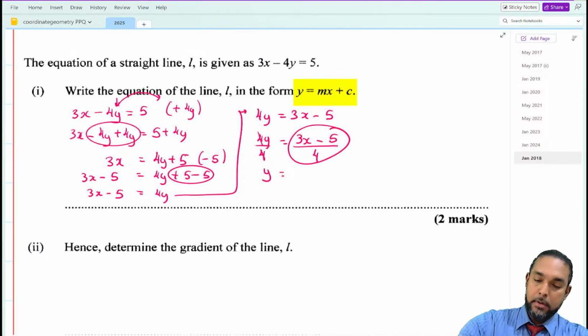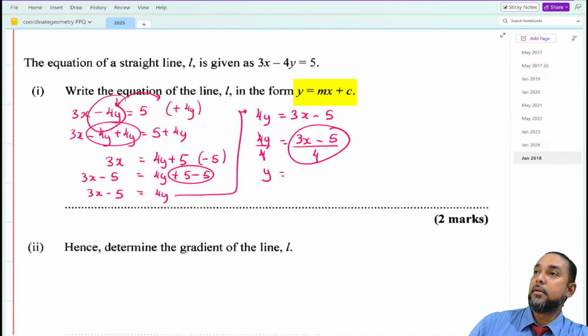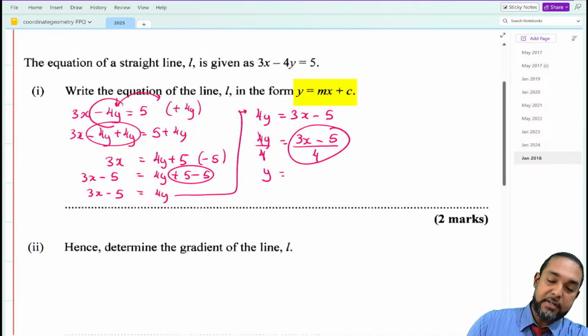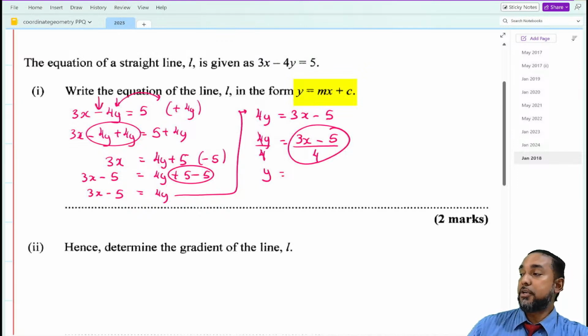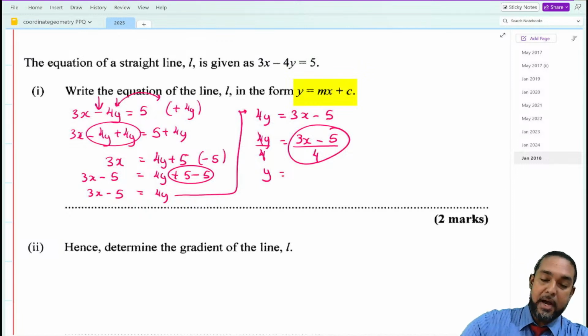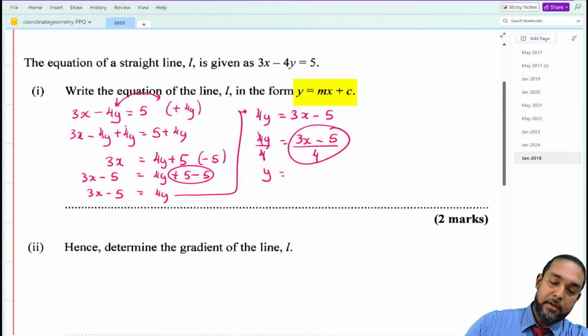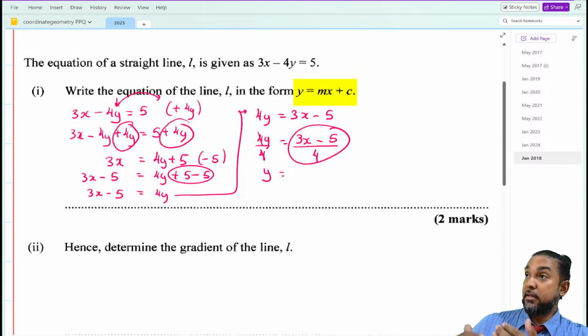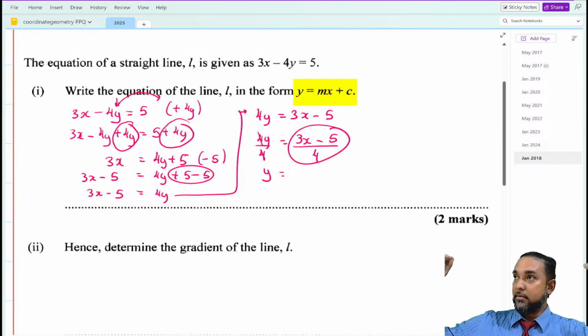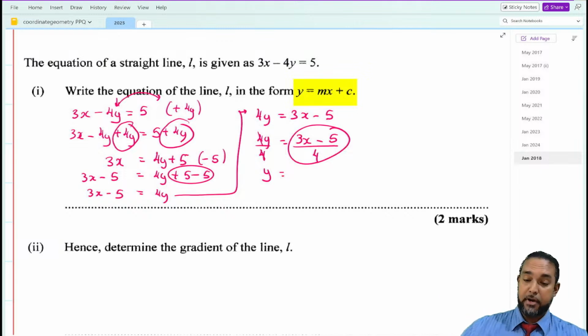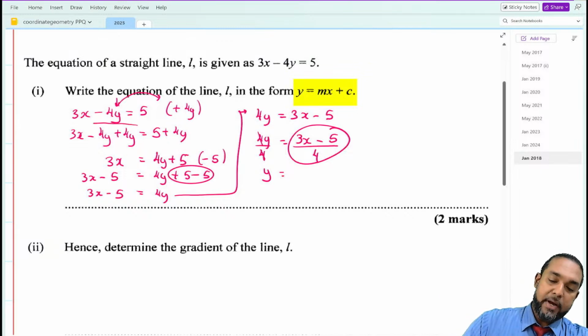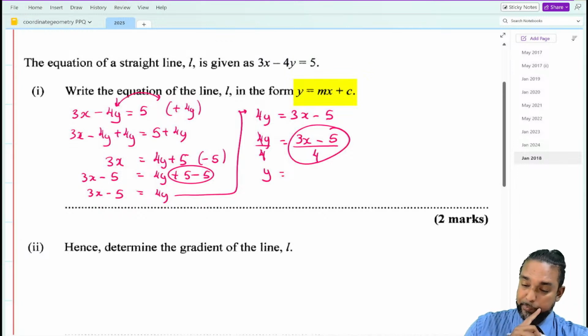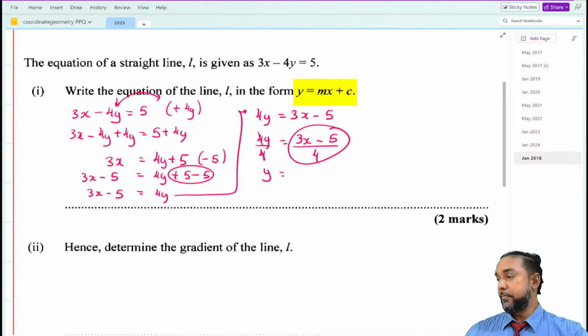Right, I've carried this across to the next side. So the long story short is that basically to get this across to the next side, you have to do the opposite of the operation. The opposite of subtraction is addition. So when we add 4y to both sides, like I did here and here, I maintain the equality, right? Because whatever happens to one side must happen to the next side. But when I add 4y to minus 4y, it cancels to 0, canceling out. All right? I'll show you the next way after.